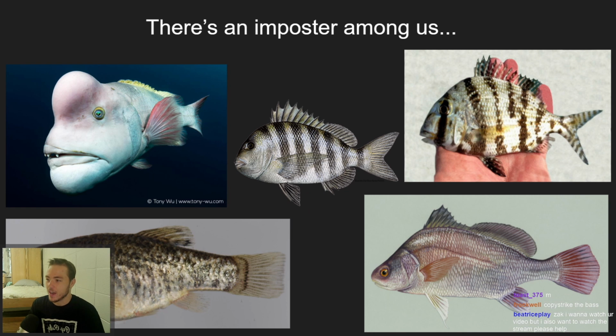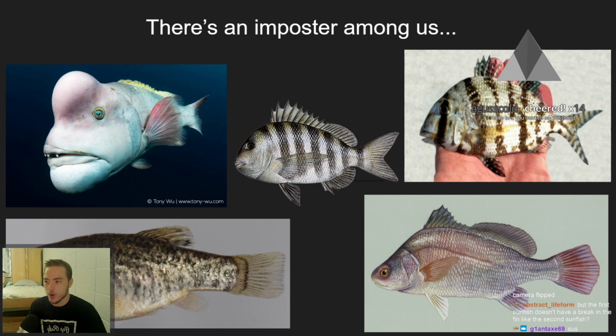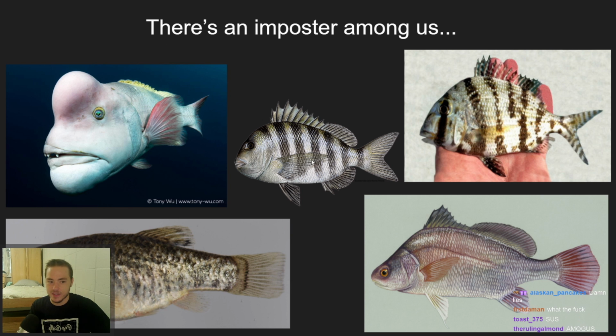Here's a fun one. I included an Among Us meme, and I'm now regretting it because I have to read "There's an imposter among us." All of these fish are called sheepshead. Bro. This is a sheepshead wrasse. This is a sheepshead. This is a sheepshead porgy. This is a sheepshead minnow. No, wait, this is a sheepshead. Oh, and this is a freshwater drum, which can also be called a sheepshead. All of these, in some culture, in English, can be referred to as a sheepshead.